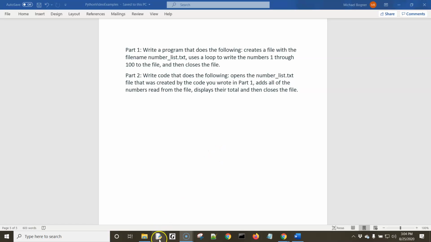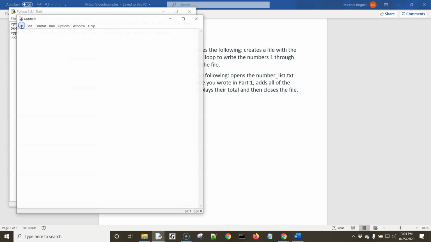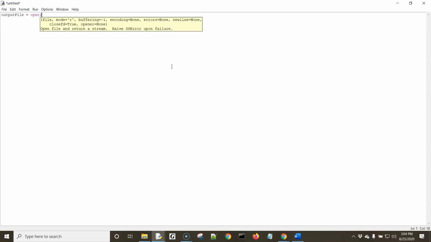So let's go ahead and open up IDLE, and I will create a new file. The first thing we need to do is open up our file that we're going to be writing our data to. I'm just going to give it a name of output_file, and that will equal, and then we call the open command, and then we specify the file name, which is